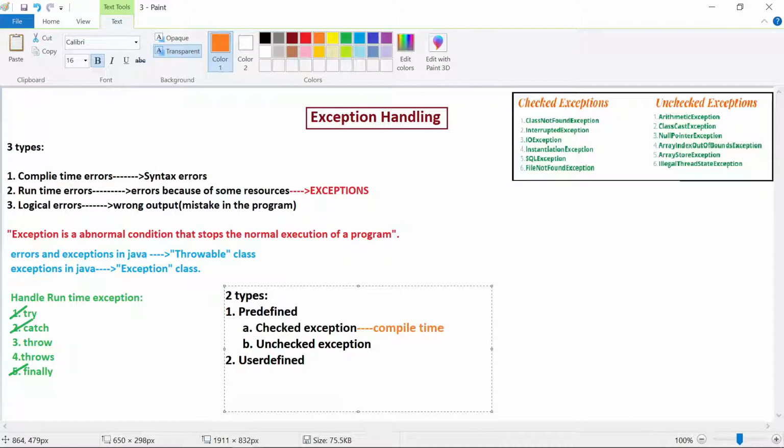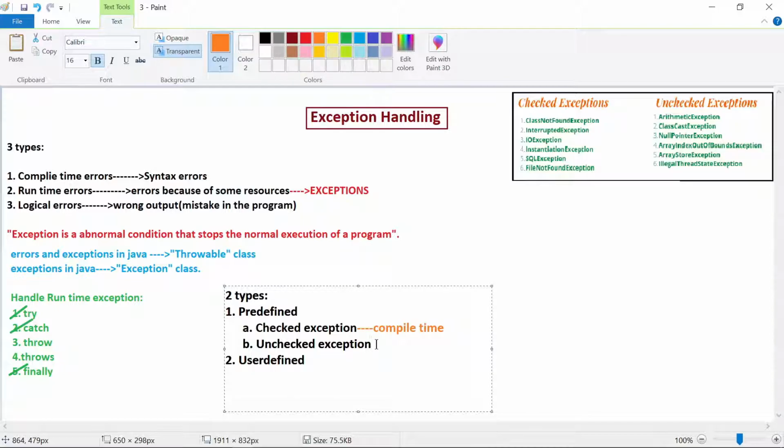If there are any checked exceptions, we may not need to handle them ourselves; we can give an option to the computer also. That means we can handle, or it is not required for us to handle also. Okay, let us learn about that later. But remember, checked exceptions are exceptions that are generated at compile time.